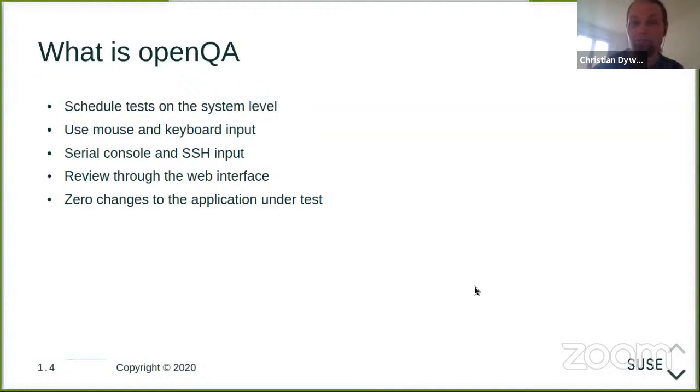Should that not be enough, and of course, there's various use cases where you need direct input. So very commonly using SSH to open a shell on a system that is being tested. In some cases, also using a serial console to get access to the system. I'm going to get into some details on that in a bit on the actual backends that are being used.